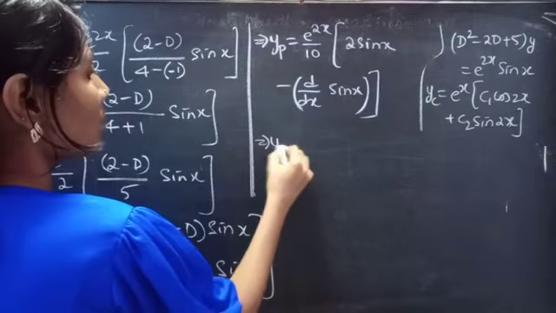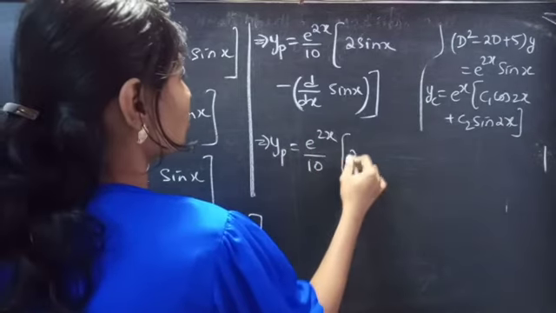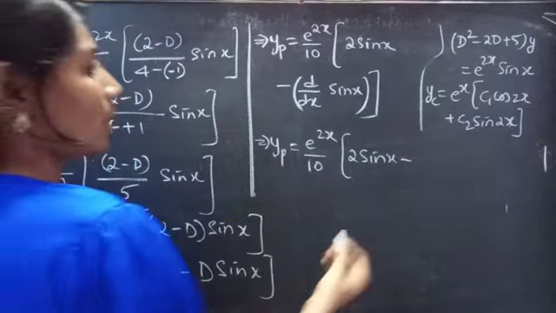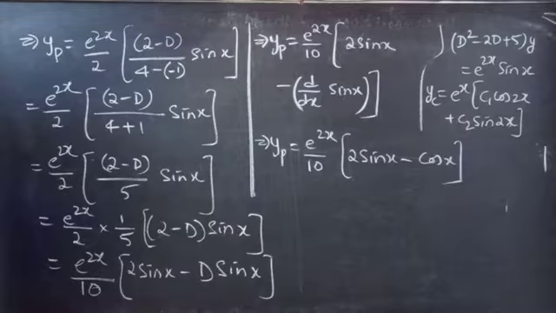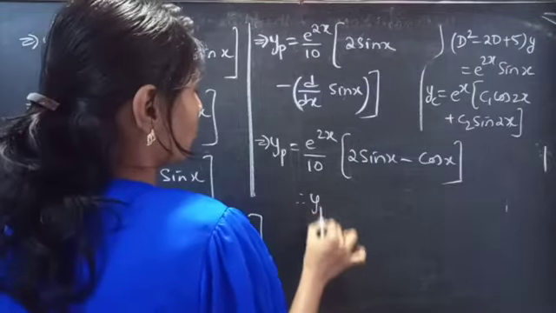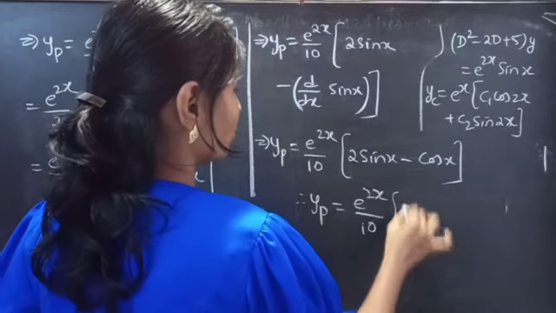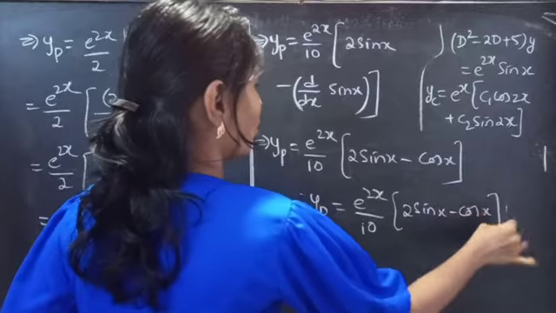Then y_p becomes e^(2x)/10 into 2 sin x minus derivative of sin x with respect to x, which is cos x. Therefore, y_p equals e^(2x)/10 into 2 sin x minus cos x,